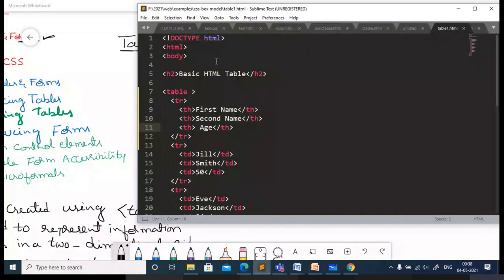So next, let me add style to the table. Style is equal to, I will specify the width of the table.